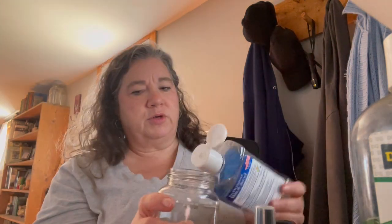Okay, I have to look at the recipe because I don't remember it in my head. We are going to use, I don't have a half cup measure, I think this has it. All right, a half a cup. We better undo the lid. All right, half a cup of witch hazel, a quarter of a cup of aloe vera gel, a fourth of